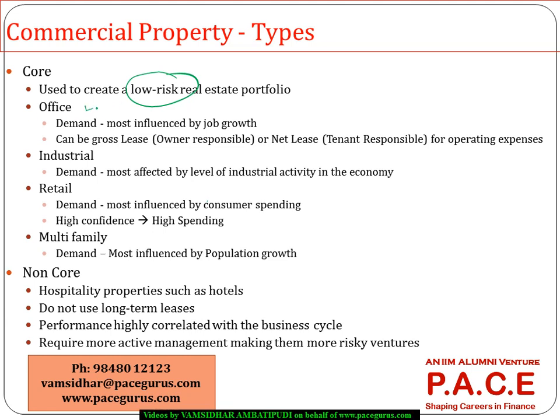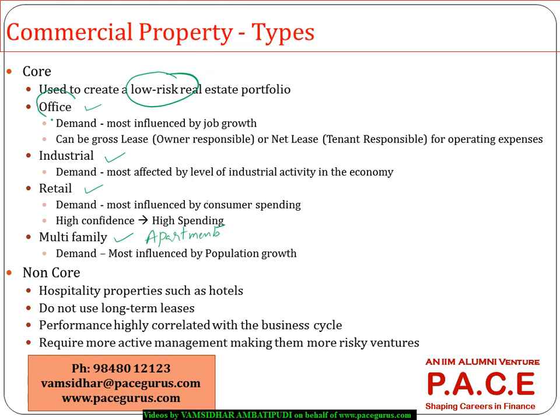So investment in office properties, industrial properties, retail and multi-family apartments are treated as less risky kinds of investments, and they form a good diversification benefit for any typical investor,